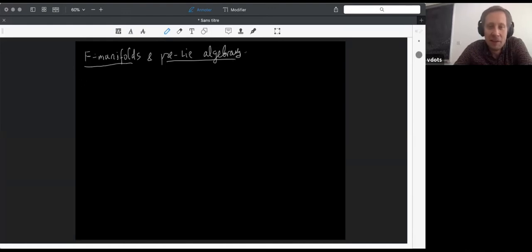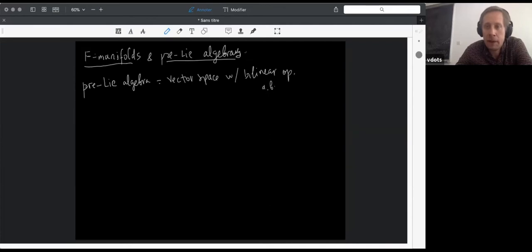So perhaps I will start with just briefly recalling that a pre-Lie algebra is a vector space with a bilinear operation that sends two elements A and B into A star B, satisfying